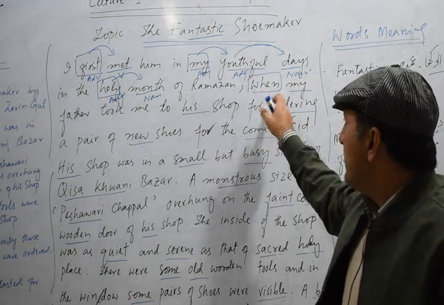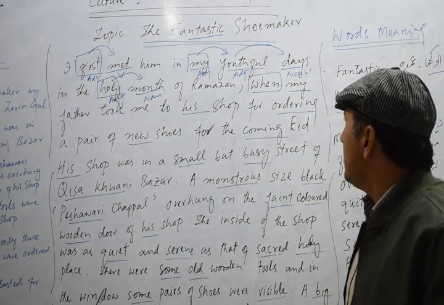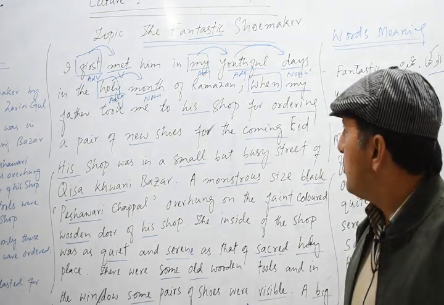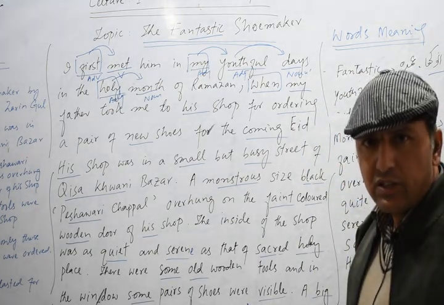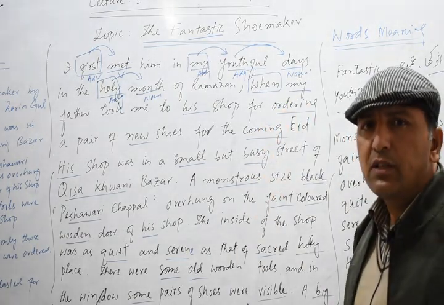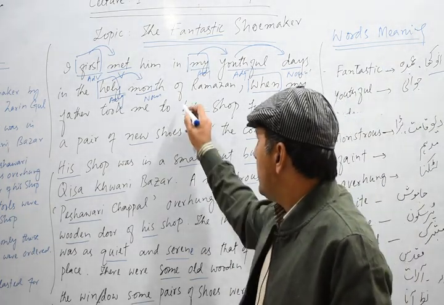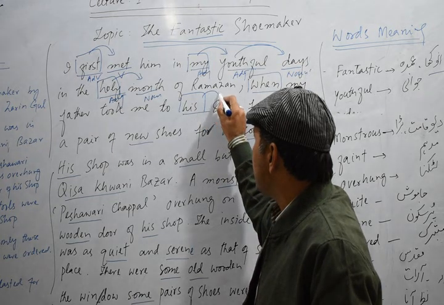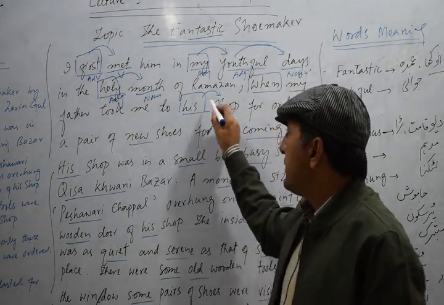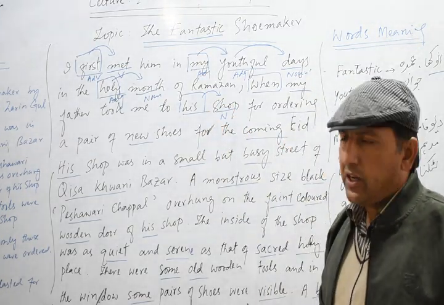So here when is just combining two clauses to some extent. So we call it a relative adverb. It works as a conjunction as well. Understand? Because it is not asking a question, rather it combines two clauses, so we call it a relative adverb. Now you see the next word, we have his. His also tells us about the word shop, and shop is a noun. So any word which tells us about a noun, as usual, is known as an adjective.